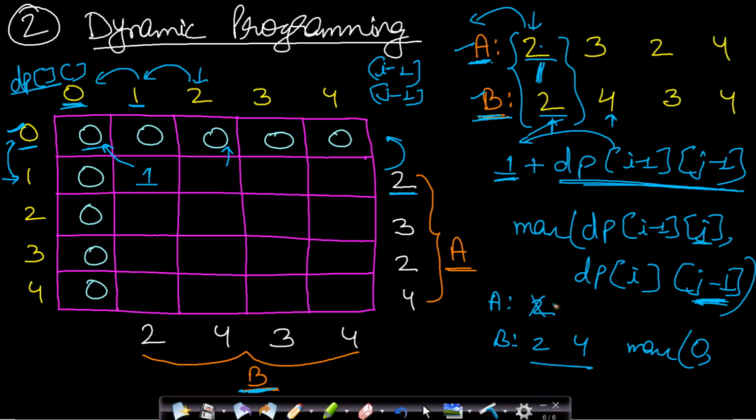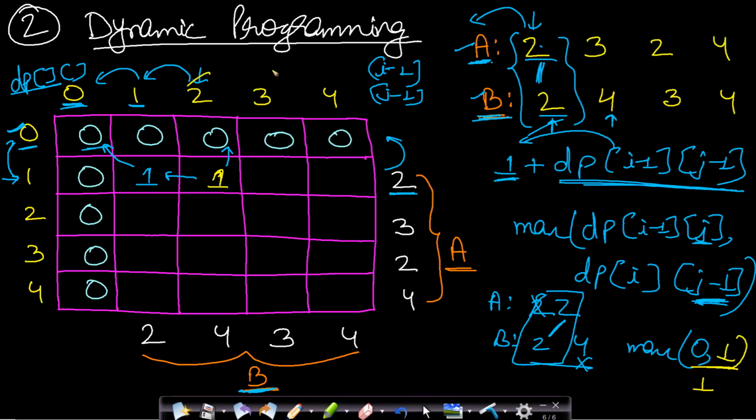And the second configuration is we are taking one element in A and one element in B. So this configuration. Okay, we are leaving out this 4. So when we take this, then you can see that we will basically move to the left and we can draw one uncrossed line. So in this case, we will take 1. So maximum of 0 comma 1 is 1. Therefore, we will put here 1. So I hope you understood both the cases now. So let us now fill the entire DP table and it will be much more clear.